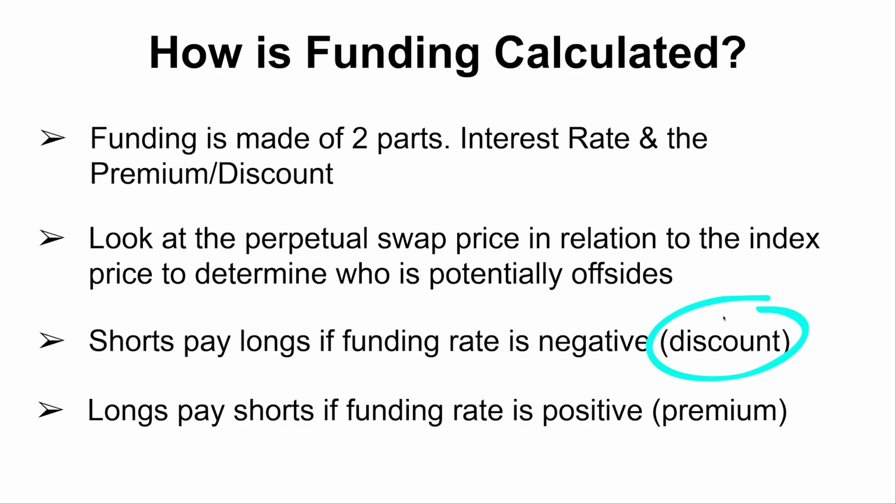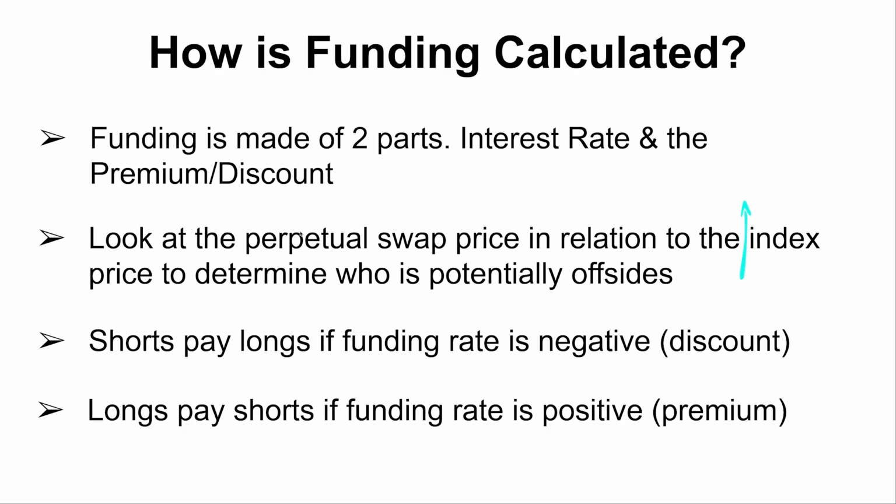A discount would be the perpetual swap trading below the index price, right? That's telling us that shorts or sellers are maybe getting a little too aggressive. Now, when longs pay shorts, that's when the funding rate is positive and it's a premium. Again, we look at our perpetual swap price and then the index price. If the perpetual swap is trading above it,